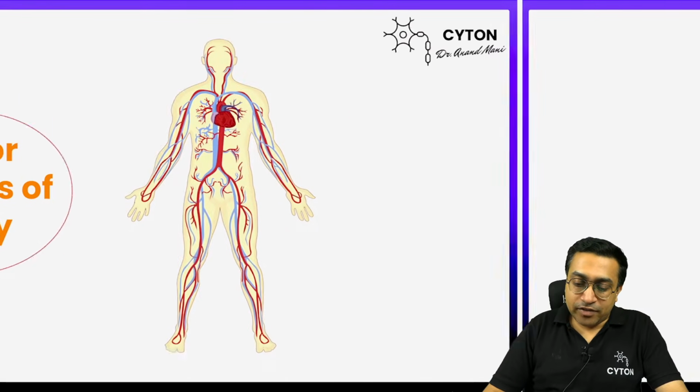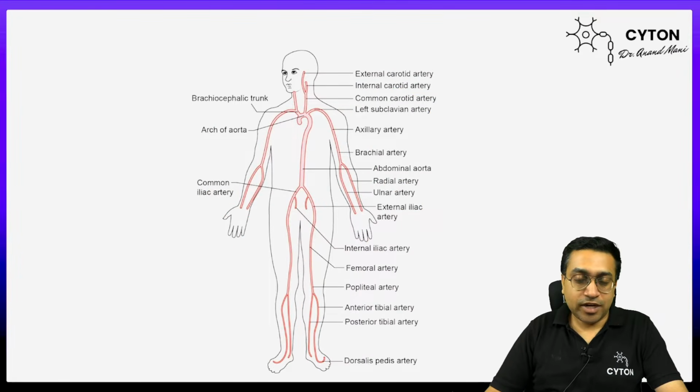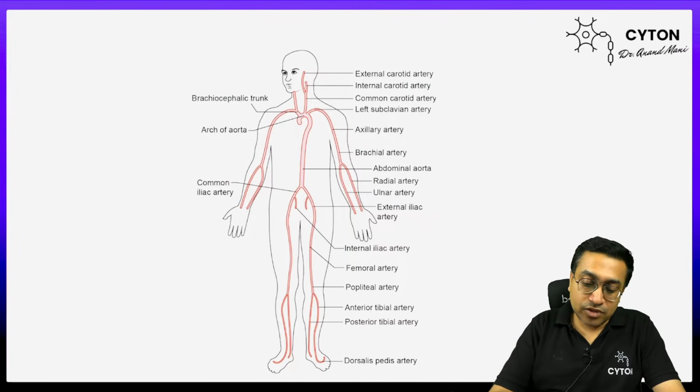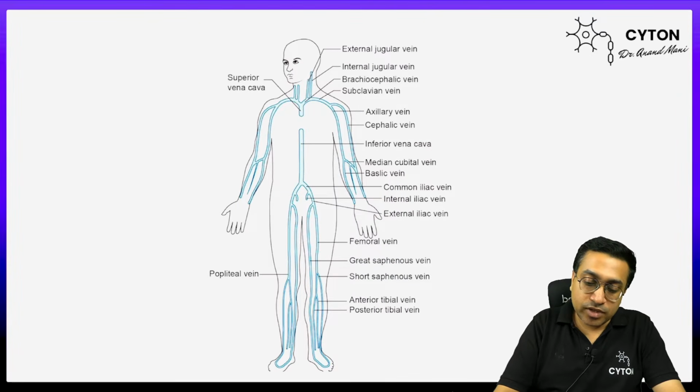So we will be diving into this kind of pictures, and I really hope if you have purchased your set of textbooks, you will be getting some charts. Like in Indian authors, most of the textbooks, they give some charts which you can paste on your hostel walls and everything. So they will be including some arteries and veins. So a chart just like this and a chart just like this. So this shows the various arteries and this one shows the various veins.